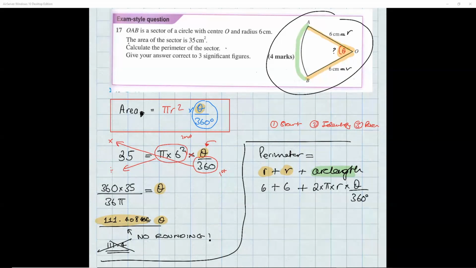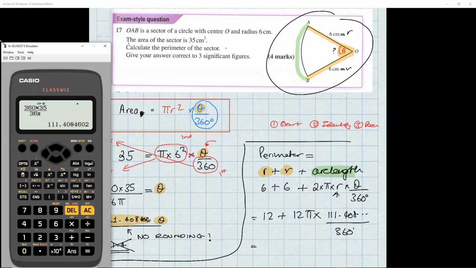The radius is equal to 6. 2 times 6 is 12, so we have 12 pi. Now the theta angle will be 111.408 and so on, divided by 360. This is the part where we have to be clever in the exam paper, because we are going to be reusing our